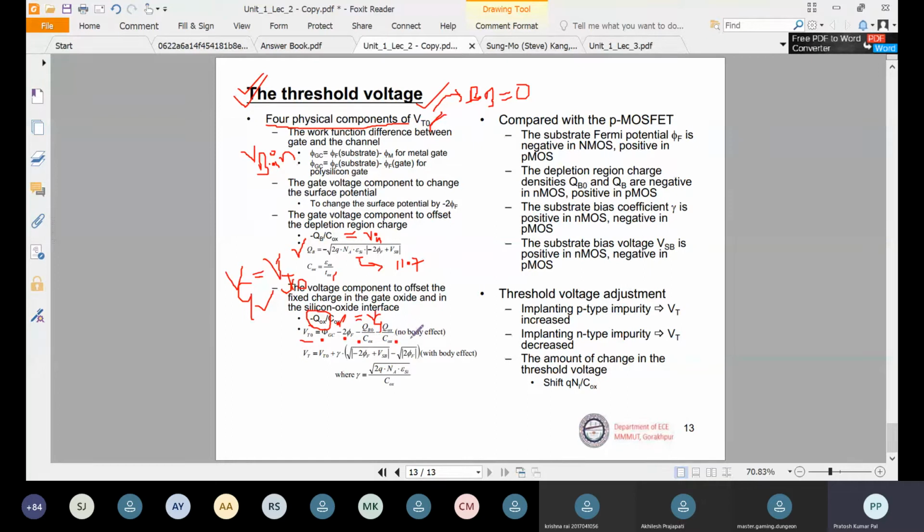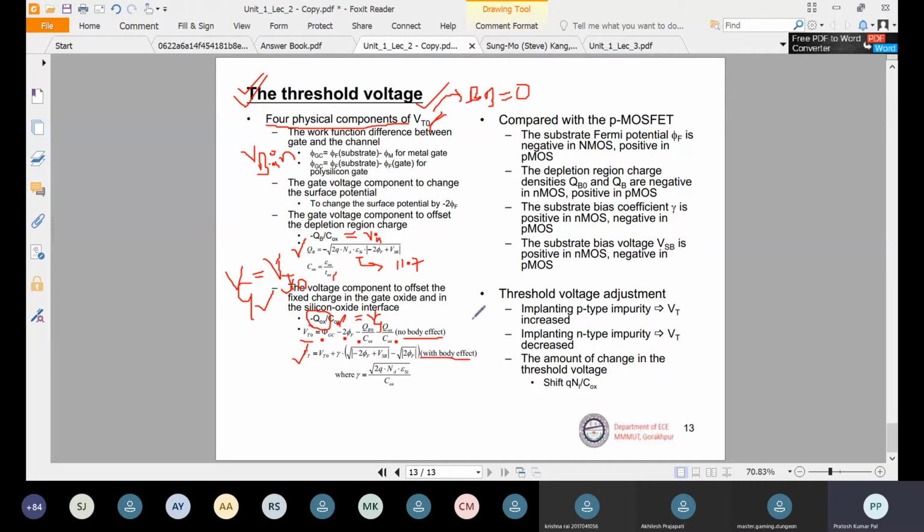So here this expression is with no body bias. Okay, means VSB is equal to 0 है तब ये कंपोनेंट रहेगा. अदरवाइज अगर हम बॉडी इफेक्ट का भी कंपोनेंट कंसिडर करें, देन द फाइनल एक्सप्रेशन ऑफ Vt विल बी Vt is equal to Vt0, okay, plus gamma in bracket under root of (-2 phi f plus VSB) minus under root of (-2 phi f). Okay, so these are the formulas for threshold voltage after including the body effect.